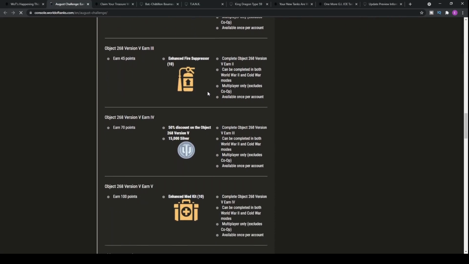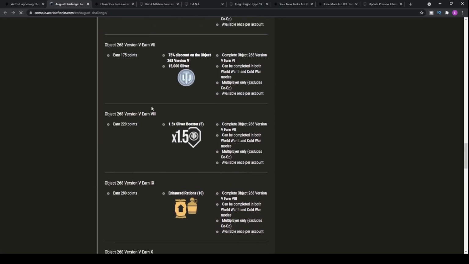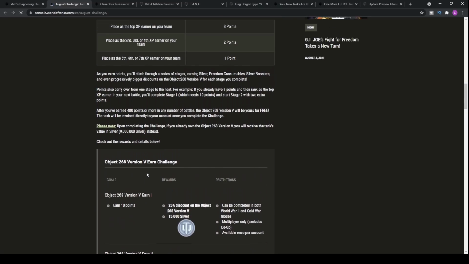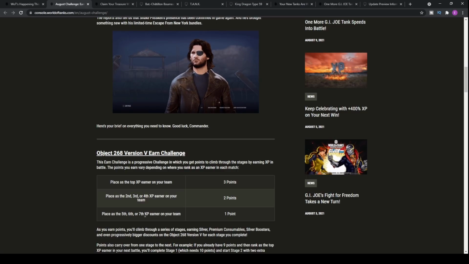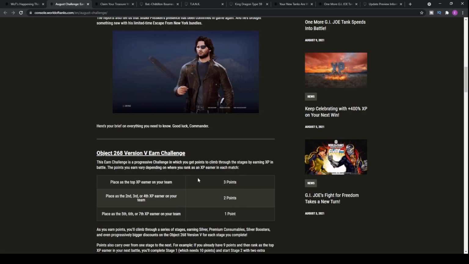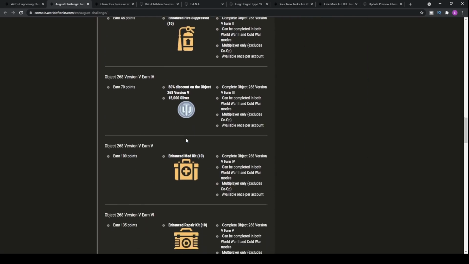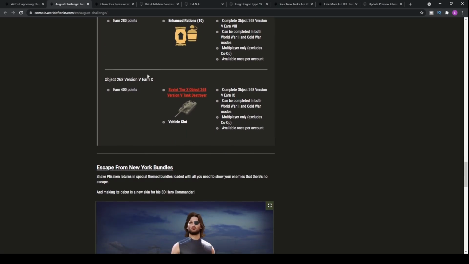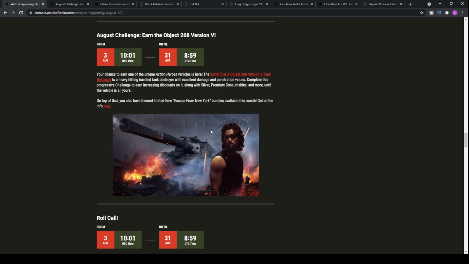Basically, what you need to do, overall kind of overview of it, you need 400 points in total. You get 3 points for winning and coming top of your team, 2 points for coming second to fourth, or 1 point for coming within the top 7. So if you manage to win the game, or not win the game, but if you come top XP earner on your team, you'll get 3 points. So effectively, you need 133 wins within this whole kind of time period that you've been given, which is until